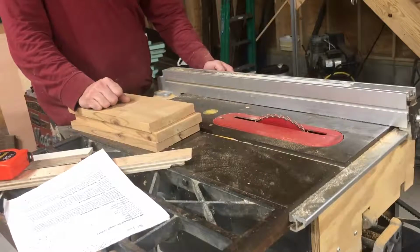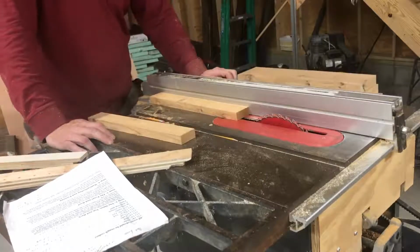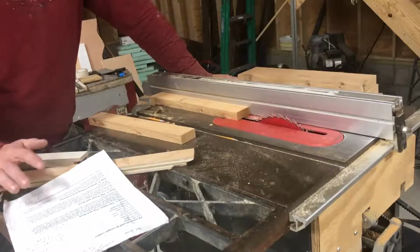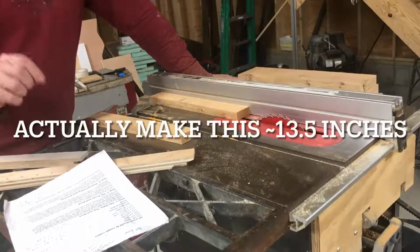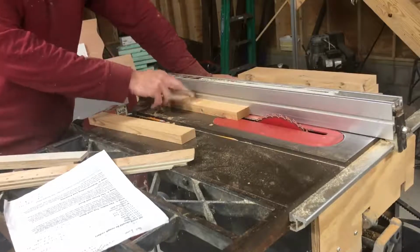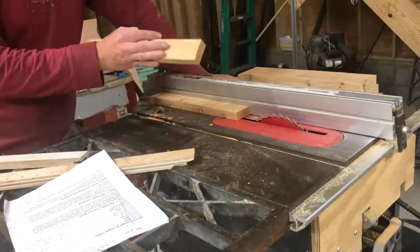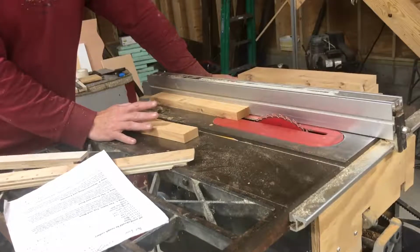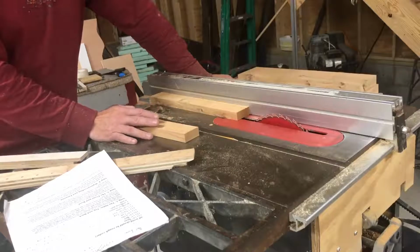Okay, so the last piece we need is a shim, and the directions call for it to be 11.5 by 1 inch by 1 inch, which is 11.5 by 3/4 inch by 3/4 inch. So I have the table saw set for 3/4. I have a couple of the scrap pieces. This cut makes me nervous because